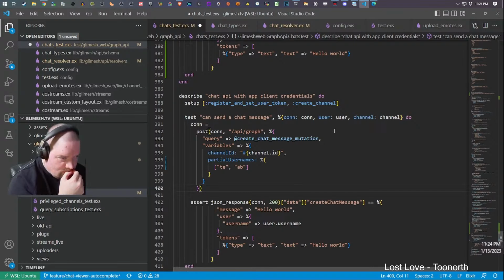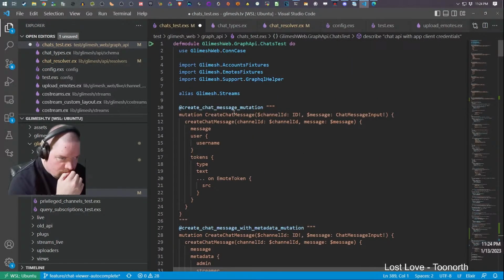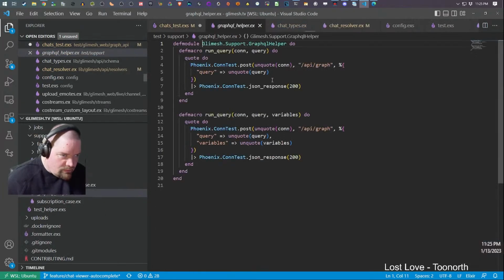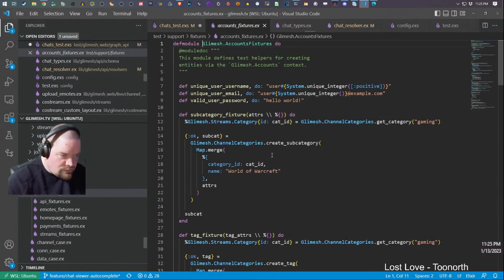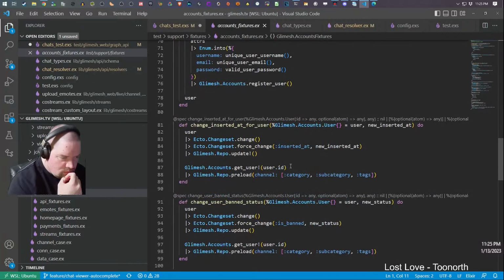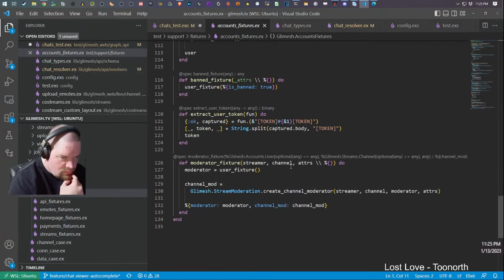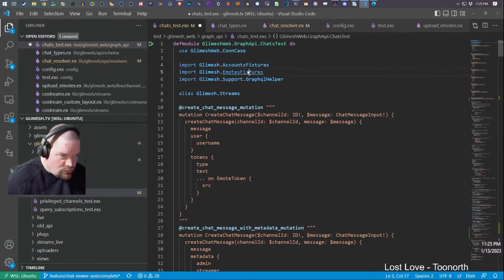Set user token. Where's that at? GraphQL helper, maybe? Nope. Accounts fixtures. User token, moderator fixture, emotes.